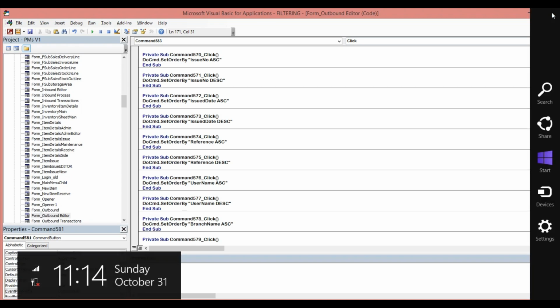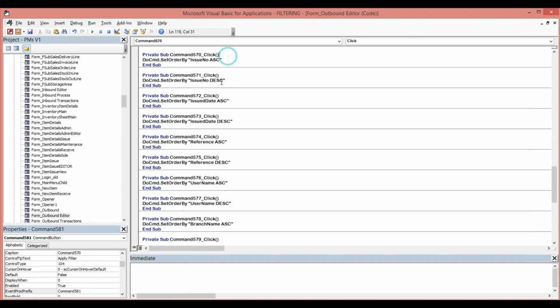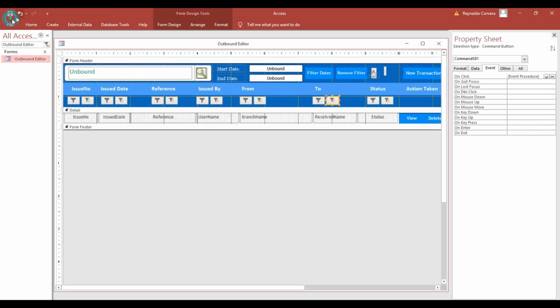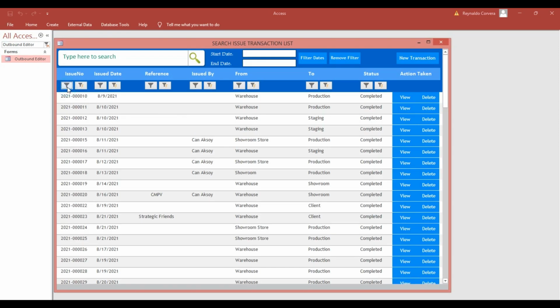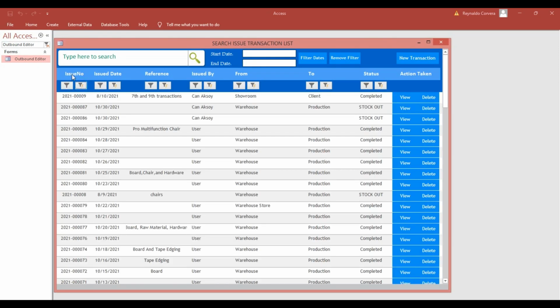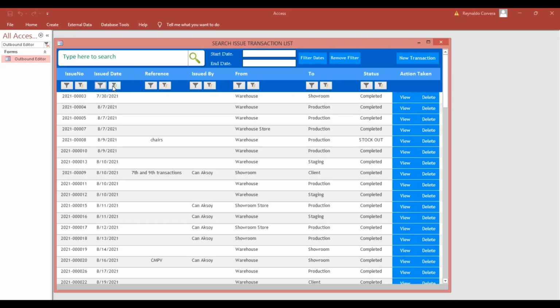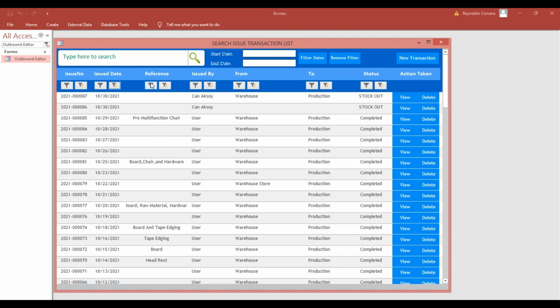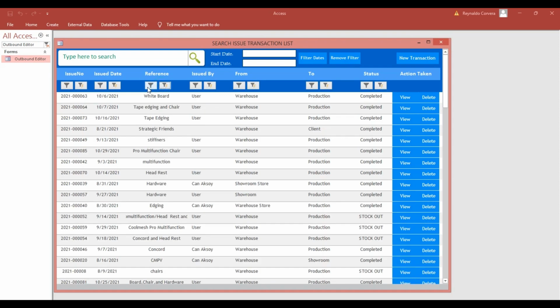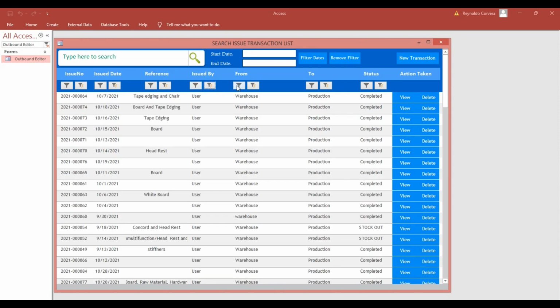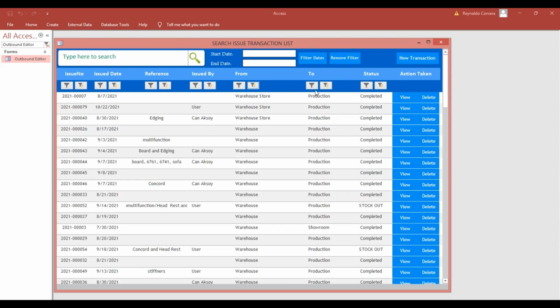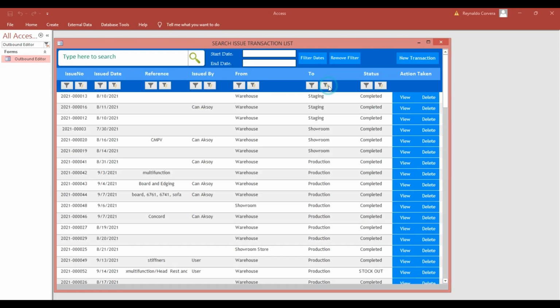Then now we'll try issue date, this is still okay, so we'll try all again. This is ascending, descending by issue number, and here also issue date, ascending, descending, then reference here, look, then here warehouse, then production,